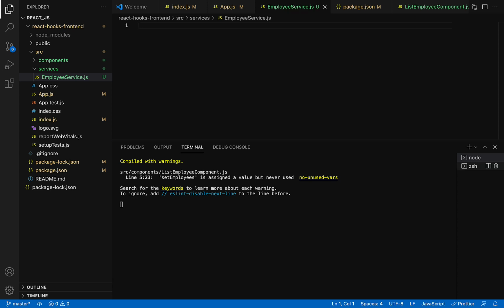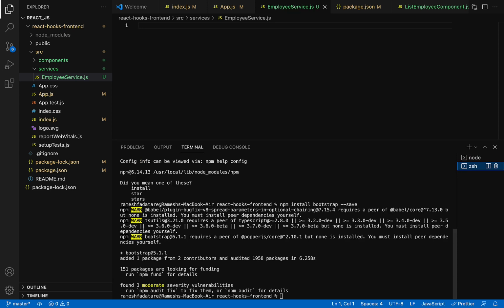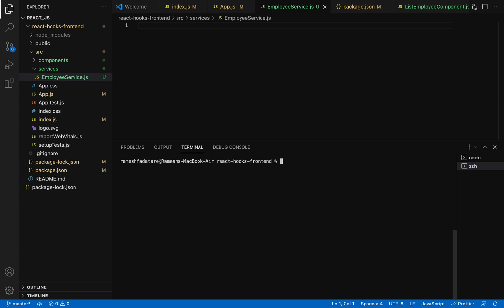So go to the terminal. Let me clear the terminal here and make sure that you are in the project react-hooks-frontend. Here we are going to use the npm command: npm install followed by the library name, that is axios, and --save. Don't forget to add --save because this will add an entry in the package.json file.